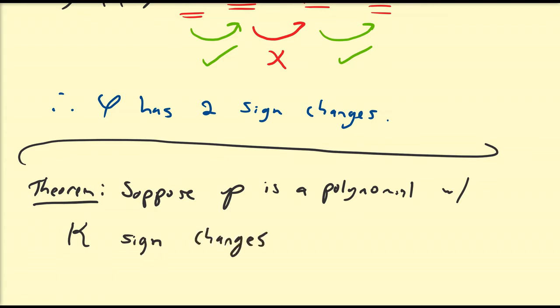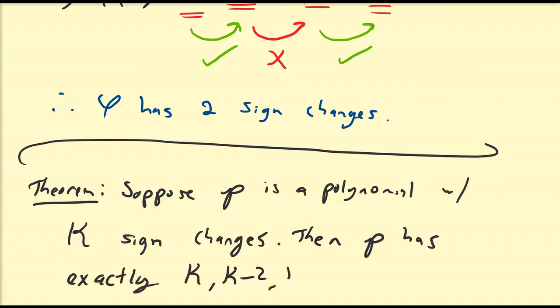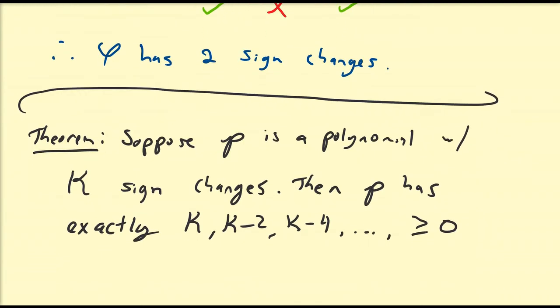In the example above, we have two sign changes, so K is equal to 2. So the theorem, Descartes' rule of signs, says that P has exactly K, K minus 2, K minus 4, all the way down to something greater than or equal to 0,